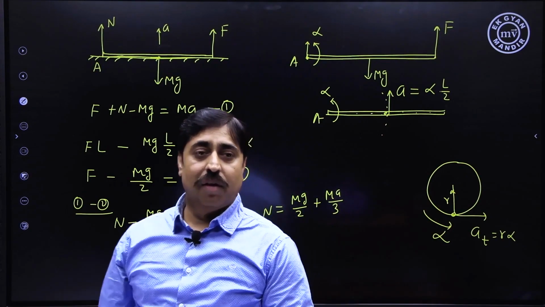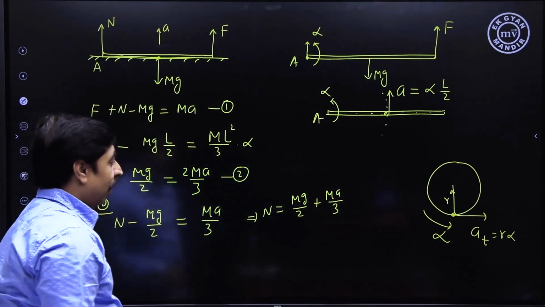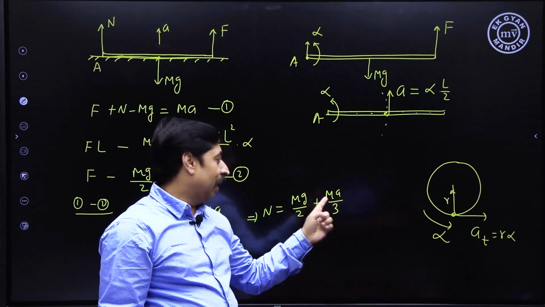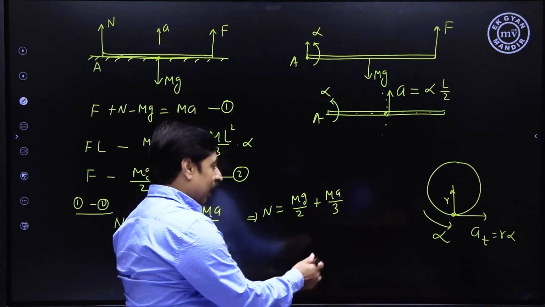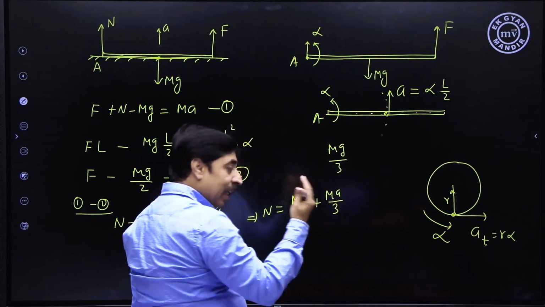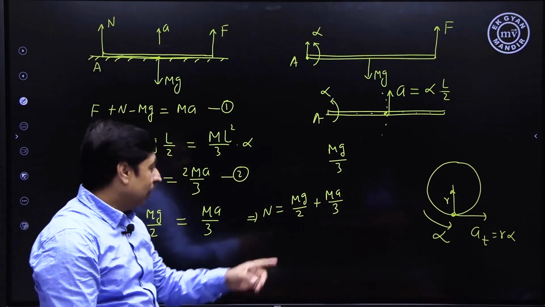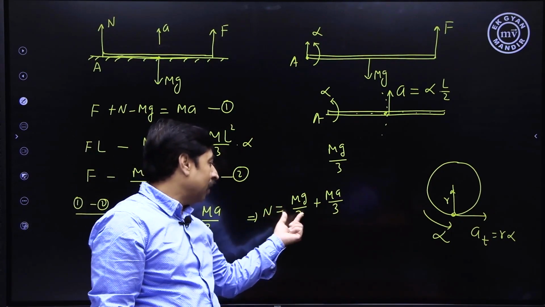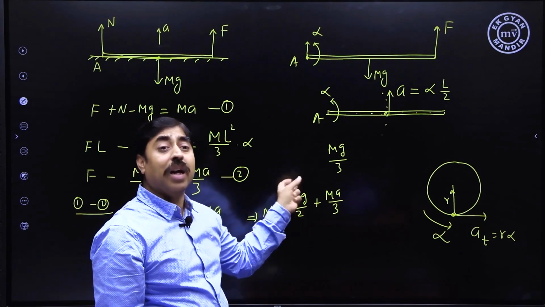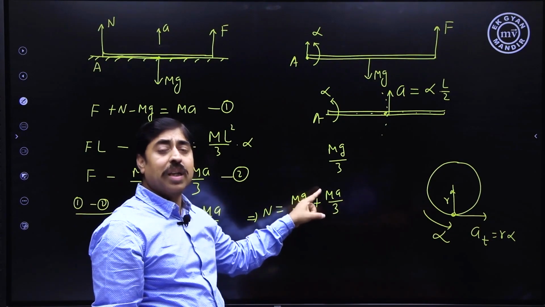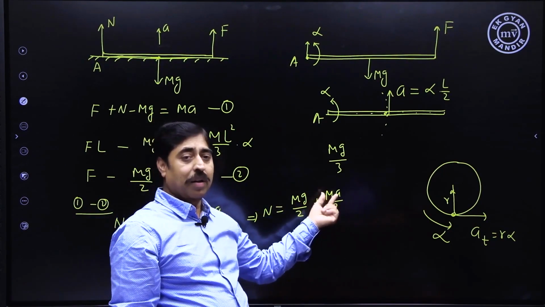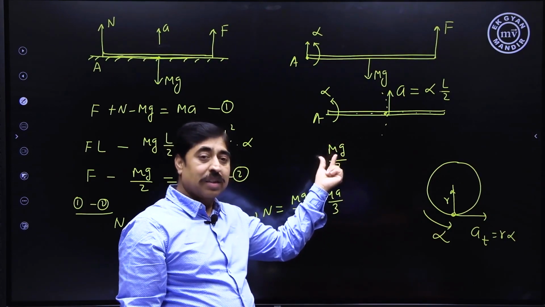Now, the question says that the acceleration of the center of mass is less than g. Therefore, this term is less than mg by 3, and this is mg by 2. So, the normal reaction is certainly greater than mg by 2, but it is certainly less than mg. What is the value of the normal reaction? mg by 2 plus ma by 3. But ma is actually